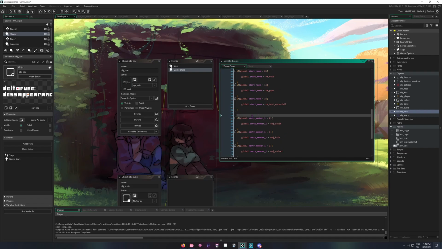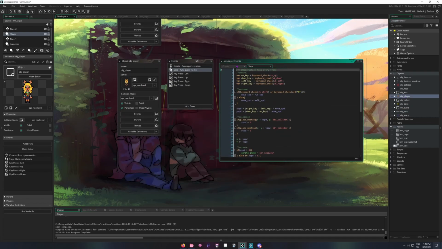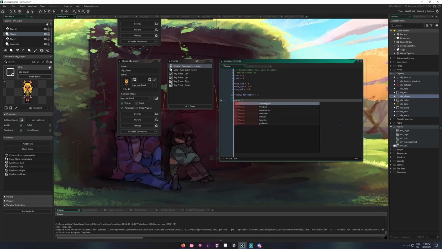So we can actually add a comment here and just say, assign party members to correct spot. And party member 1 is gonna be the first person after the leader, and 2 is gonna be the second one. And we just want to have all the possible combinations that you might want to have in your game. Alright, so now back in player, in the create event, we want to say party_follow equals